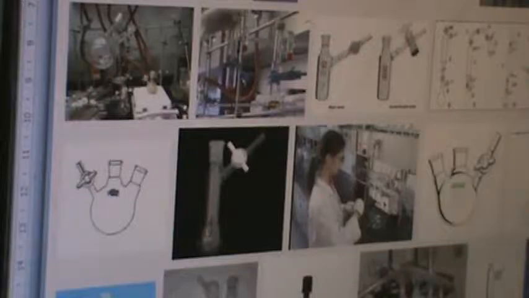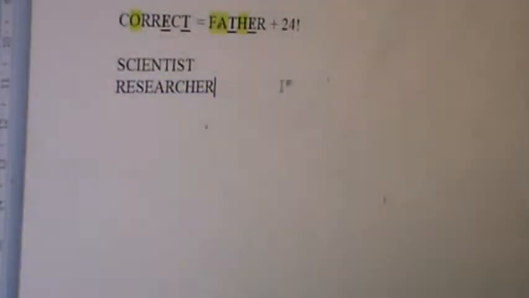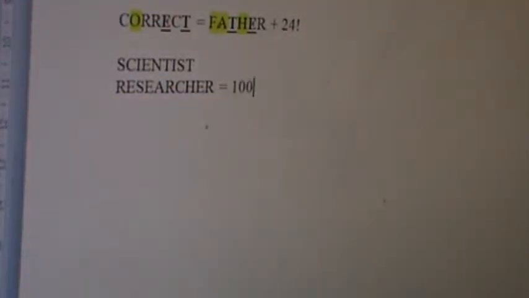And then scientists. Oh yeah, researcher. And then you think about the occupation titles that go in a lab, and of course you have science equals Father, but scientist, and then you have a researcher, which is what I am right now, of course. Researcher is Father plus 100, Father plus 42. Scientist, by way of comparison, is also multiples of 6s higher. It's all 6s offset from Father. Scientist, a researcher,